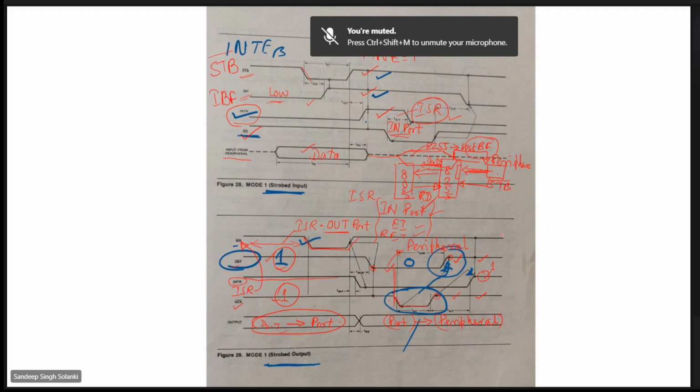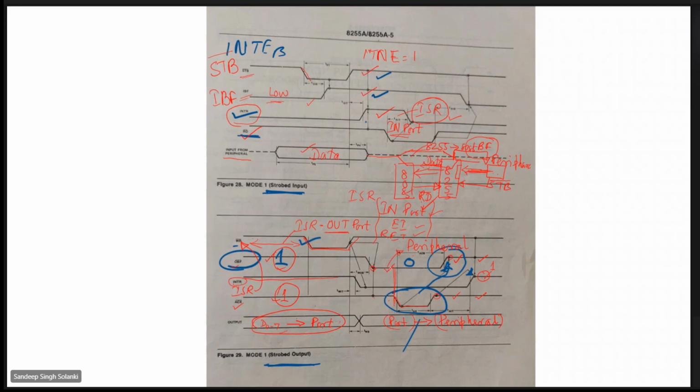Is it okay? Have you understood? Yes, sir. The complete process. So why have I explained this? The reason is that we have two kinds of technique to read this data. One was programmed IO, another was interrupt IO. In case of interrupt IO, you need not worry about this timing. But in case of programmed IO, you have to know this timing diagram. Then only you can perform your data transferring properly.